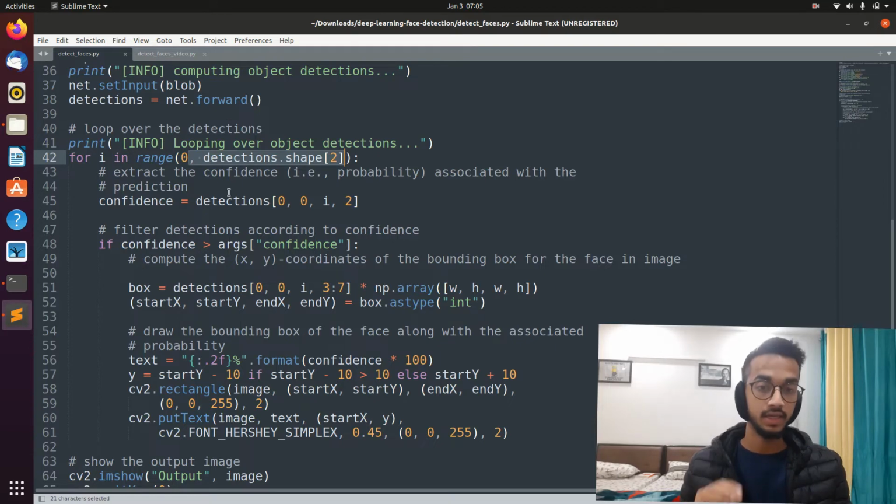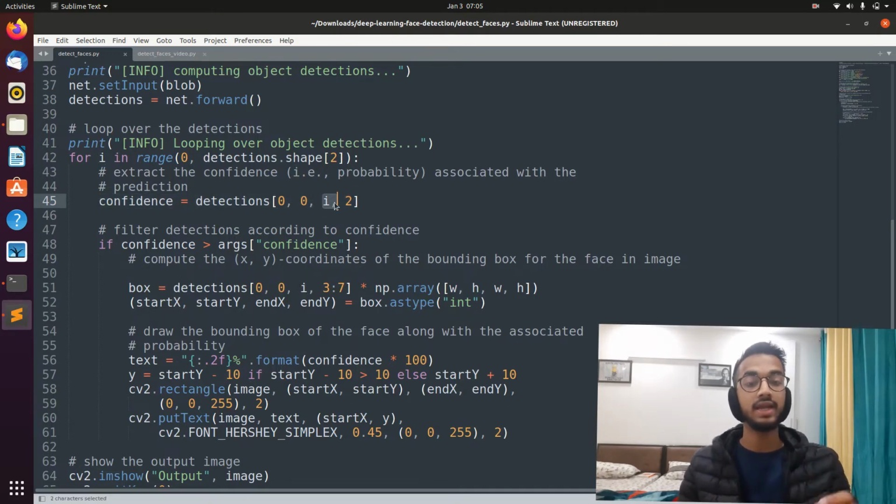So for each detection that we get, we are fetching the confidence, which is stored in the third index of detections. Right? So this can be slightly confusing. The indexing and all is something that you have to learn, and you can get that easily from open source documentation. Just understand that if we slice the detection like this, then it's gonna give us the confidence.